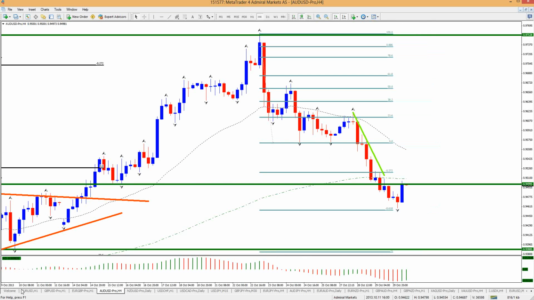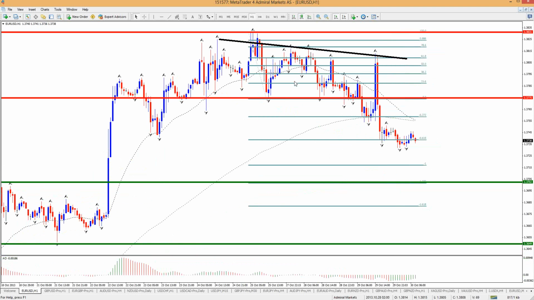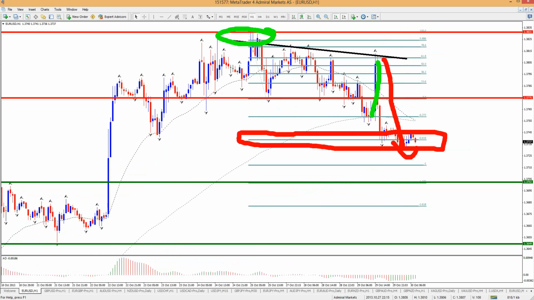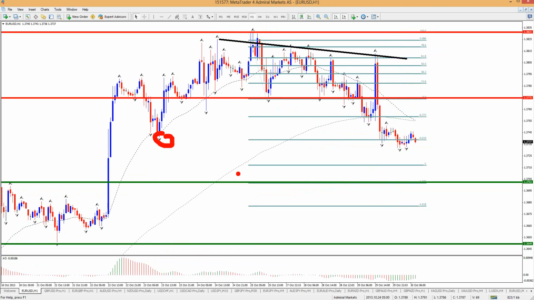That was yesterday. Let me take a look. Euro dollar, we were talking about potential sell, but although it was counter trend and it spiked up a bit higher, it couldn't break the stop as expected. And any move up did find that resistance back to the 618 target. That was the target, right? And that's exactly where it stopped, and the support level. So at the moment, I wouldn't be surprised to see maybe a bit more downside, in fact, but we would need to break below this bottom at least.